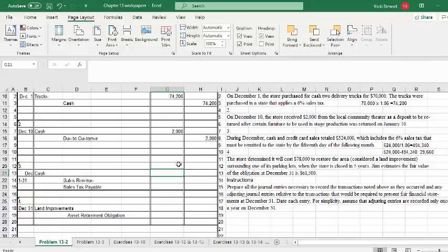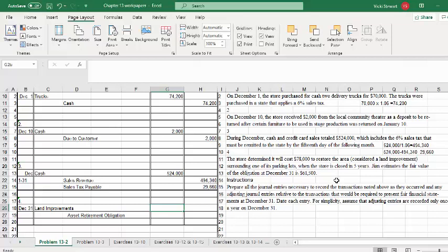one entry. So we would debit cash for $524,000. We would credit sales revenue for $494,340. And we would credit sales tax payable for $29,660. The last entry states the store determined it will cost $78,000 to restore the area that's considered a land